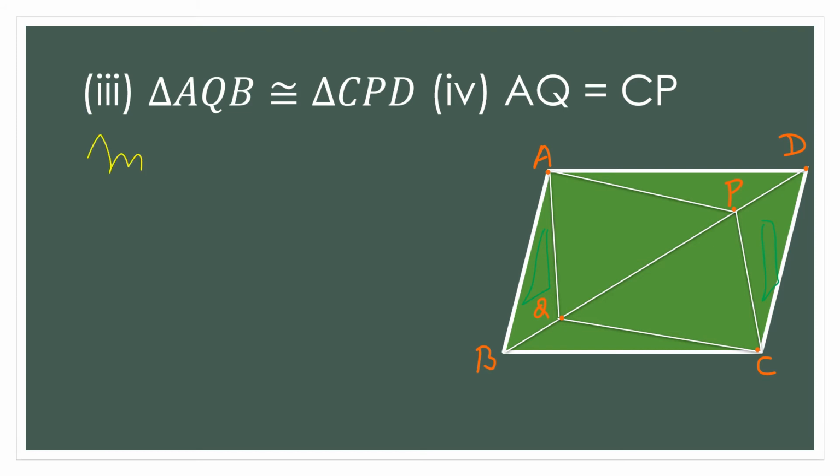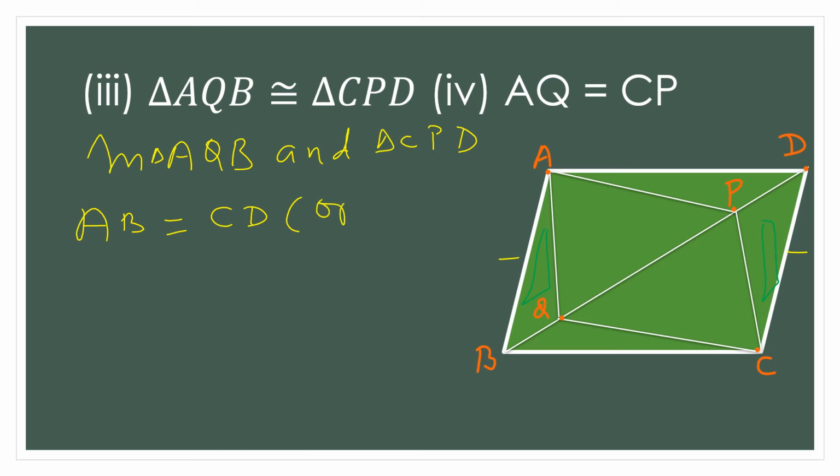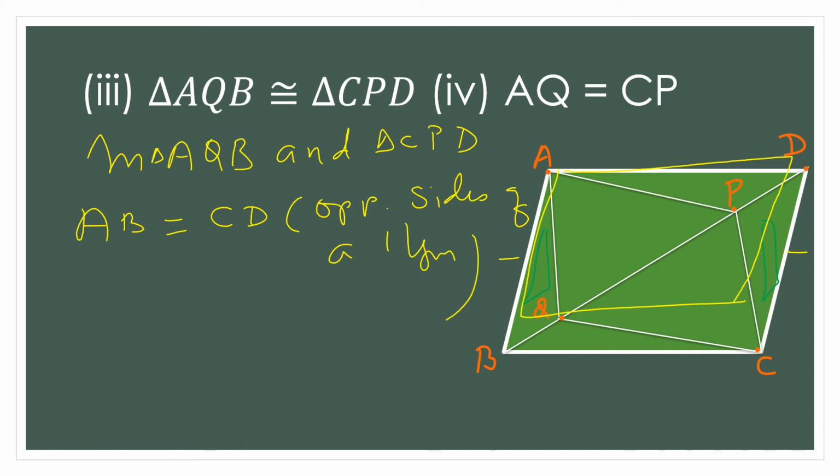In triangle AQB and triangle CPD, AB is equal to CD, opposite sides of a parallelogram. Then angle ABQ is equal to angle CDP,